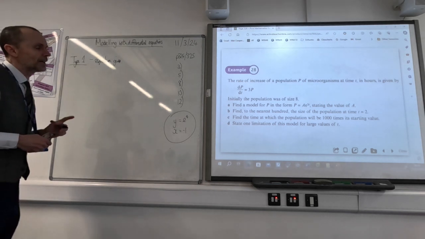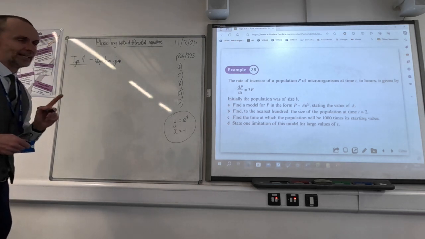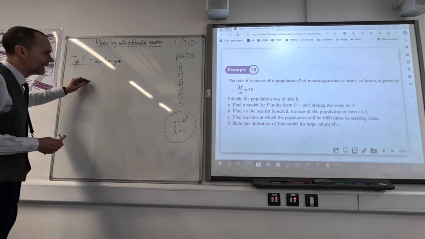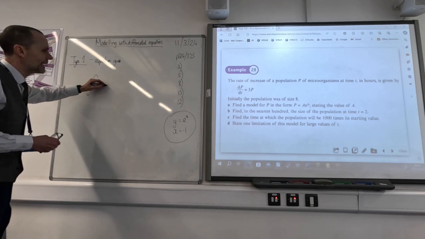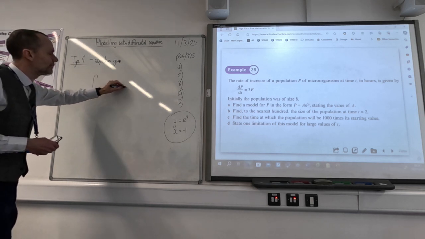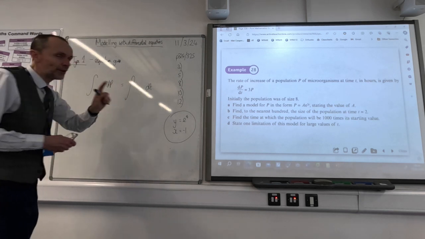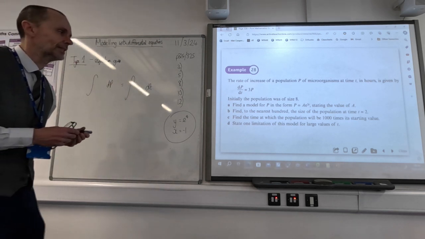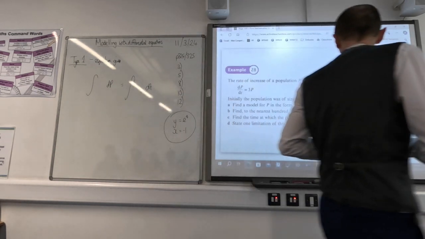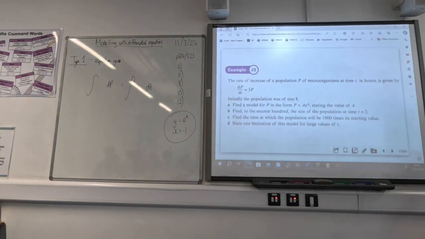So leave the 3 where it is, move the p to give me a separated variable differential equation. Okay? So here we're told about the rate of change. We're told it's an increase. So we know this is a positive dp by dt,